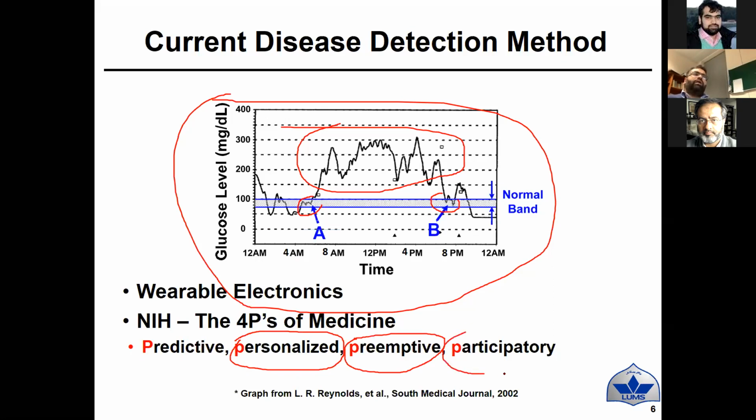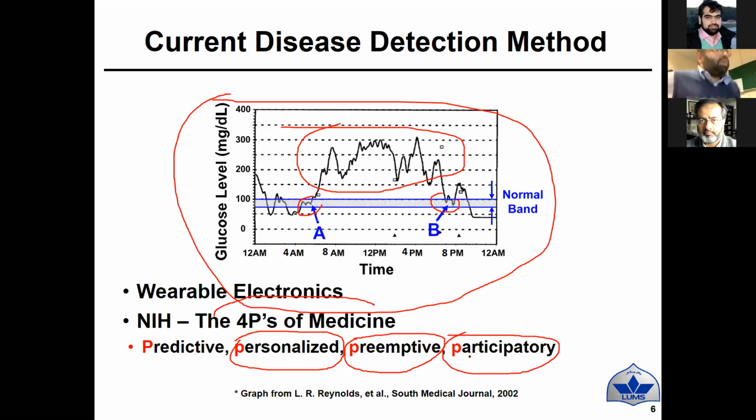And the main and the top thing is the participatory. It should involve the patients, so that the patient should be able to participate. I am a patient, I should be able to participate in my health journey. The same way I give an interview to the doctor and the doctor advises medication based on that, whatever medicine I'm taking, there should also be some mind involvement. So technology should also support that. And that's why people are working on these 4 P's of medicine, and that's pretty much common.